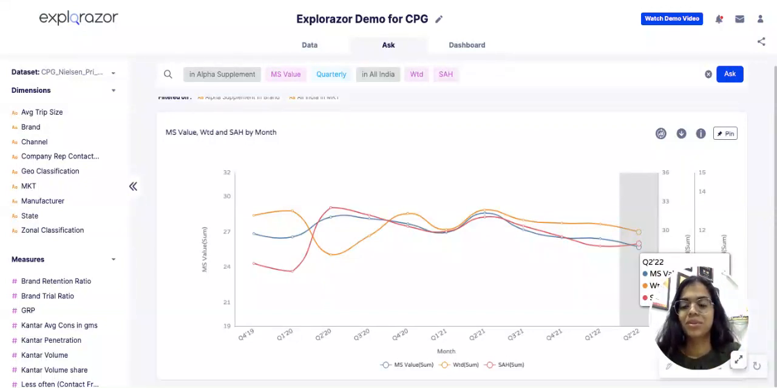stores. So you see how I looked at market share falling down and I looked at so many other metrics and I was able to understand what is happening and what can be done and what are the things that need my attention as a brand manager of Alpha Supplement. So I hope this gives you an idea of how Explorazor helps you test out your hypothesis and arrive at things much faster as compared to looking at data in Excels or visuals, purely visuals that are statically set for